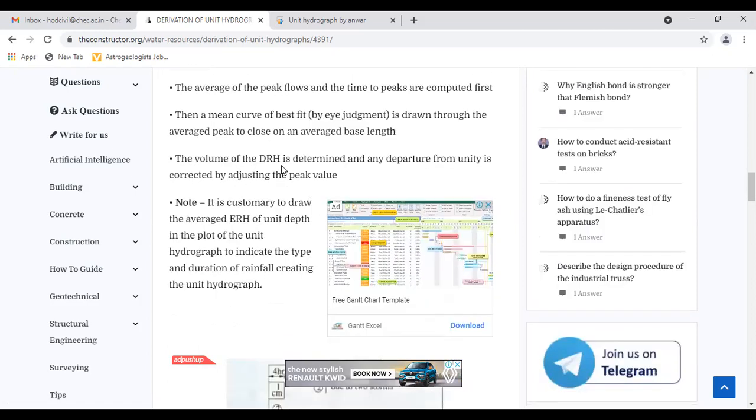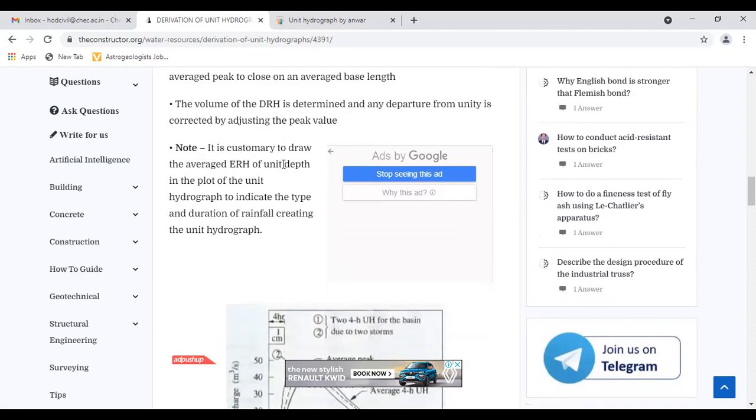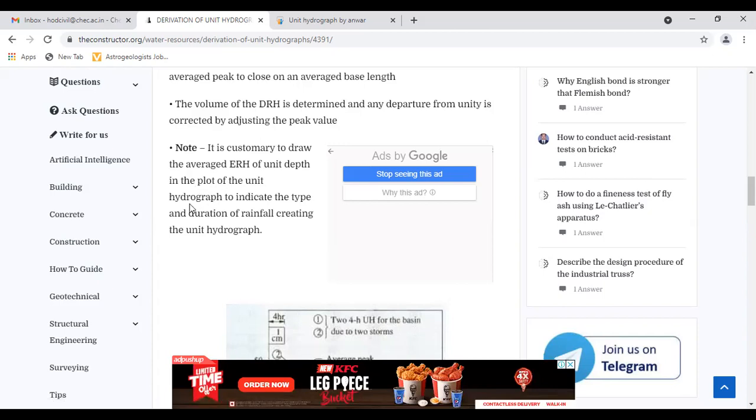The volume of the direct runoff hydrograph is determined and any departure from unit is corrected by adjusting the peak value. It is customary to draw the average effective rainfall hyetograph of unit depth in the plot of the unit hydrograph to indicate the type and the duration of rainfall,